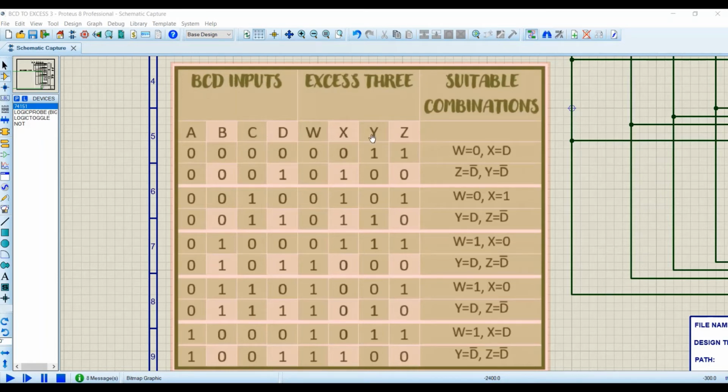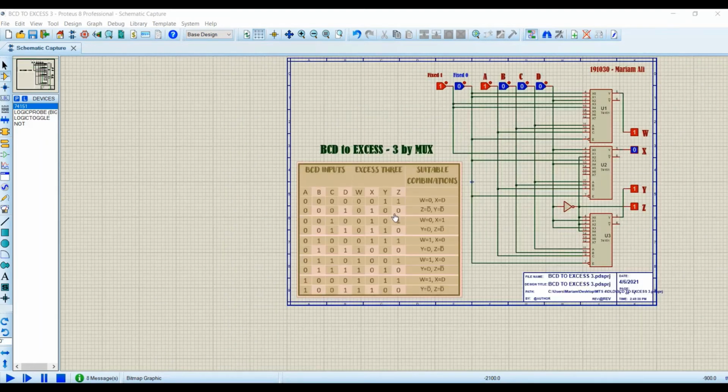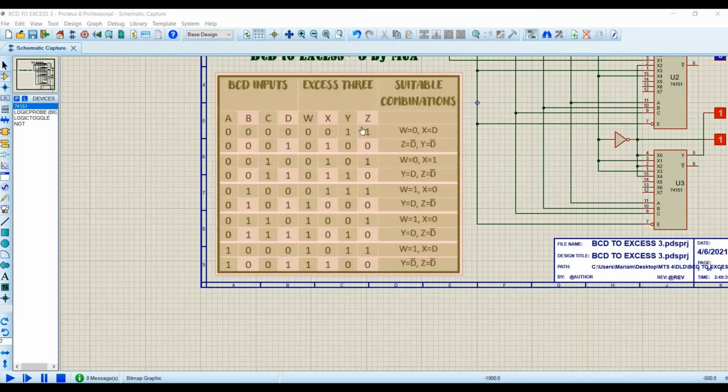After that, let's get into Y. For all of W, X and Y, I put a 74151 multiplexer. For Y, I get combinations like D complement, D, D complement, D and D complement.